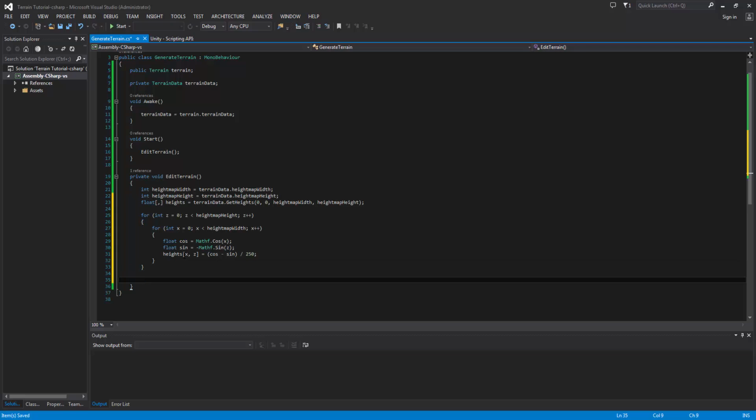So now that we've done that, we need to actually set the data. Luckily, there's a nice, easy function for that called SetHeights. It's really similar. It takes an X base and a Y base that have the same function as in our GetHeights. It's where we want to start. But then it just takes a 2D array of floats, which is heights. So what that's going to do is it doesn't need a width and a height because it knows where to end based off the width and the height of this heights array, but it also needs obviously the data in it, which is why it takes a 2D array of floats. So that's all we need to do